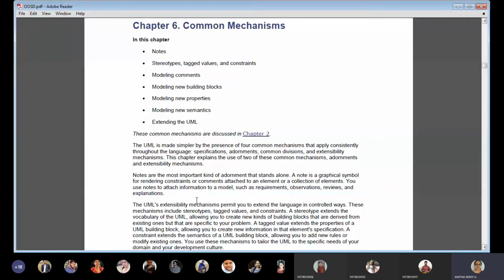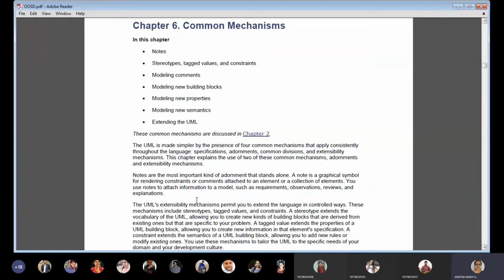So it's common mechanisms. Before I go into the details of common mechanisms, under basic building blocks, what we have studied, common mechanisms means a mechanism is a procedure. So what are the things you follow in a particular language? Mechanism is just like a procedure, how you follow the sequence and all. So that is what mechanisms are. In order to do those, there are some common mechanisms in the UML language. So what are they? 4 things we have learned.